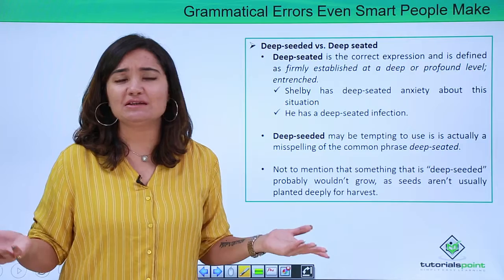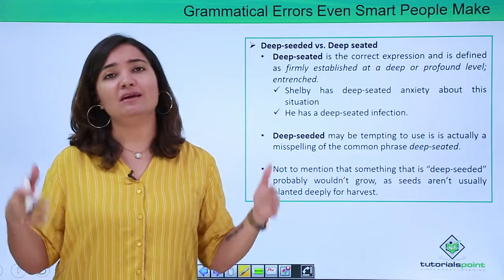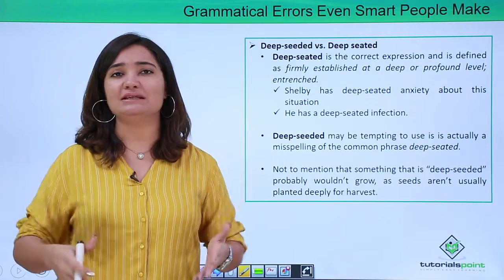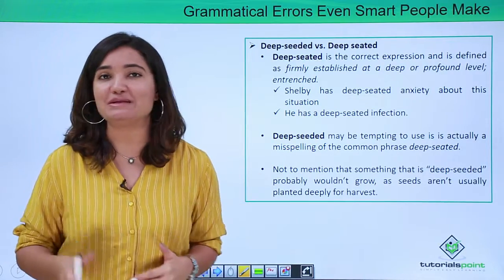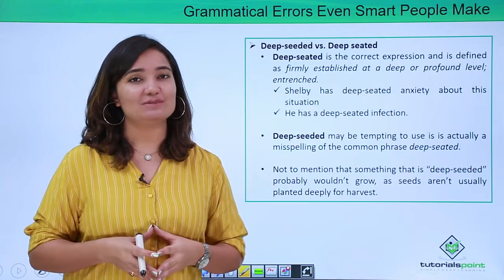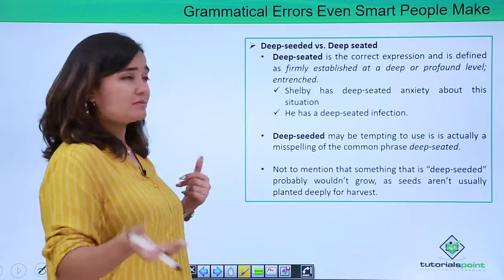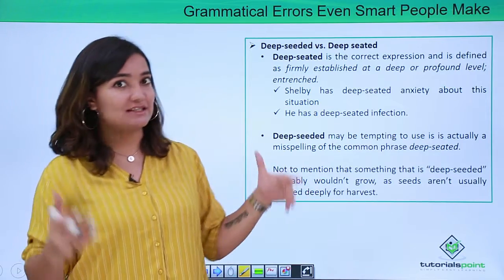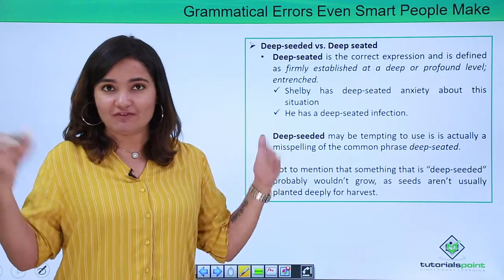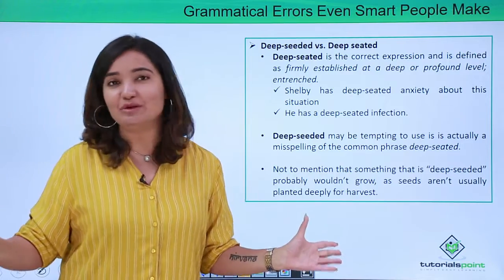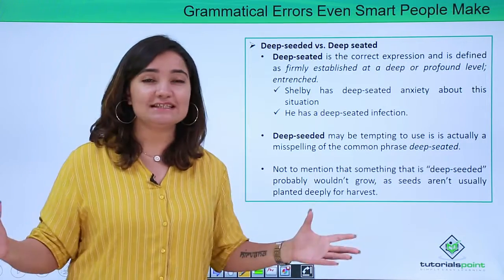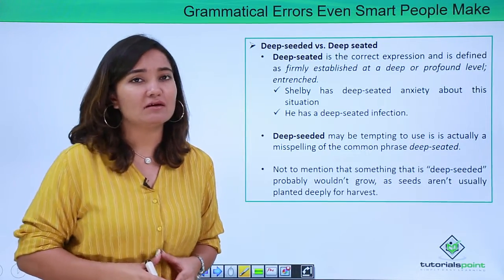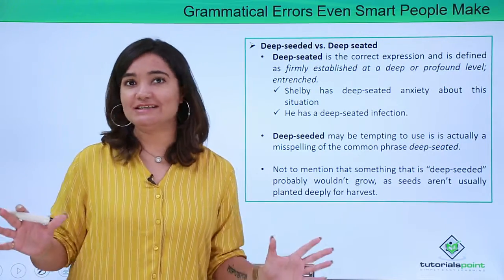We think that deep-seated probably would also mean the same, and of course while we are speaking it just goes so seamlessly, so fluently, that we end up committing this error n number of times while we are speaking. So definitely we don't want to be projected as not smart, isn't it? We definitely, in this smart world, want to present the smartest version of ourselves, right? So avoid committing this error if you actually want to look very, very smart.